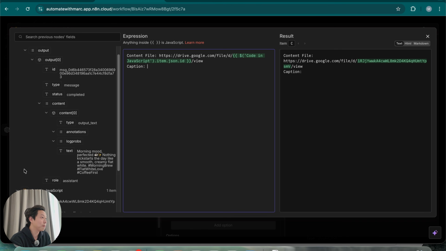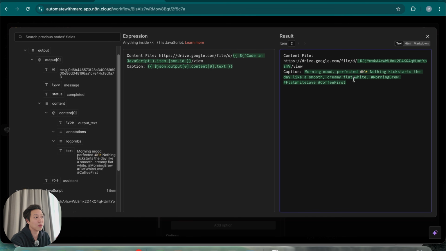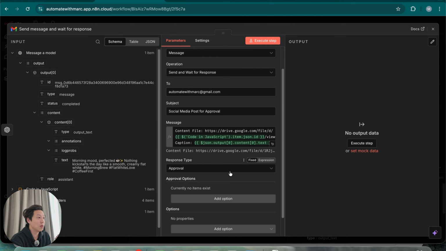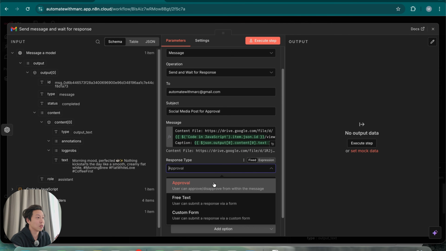All right, under caption, we are going to just drag the text over here and drop it over here. So as you can see, it's morning mood perfected. So the correct file, or the correct photo, with the correct caption, sending it through email is what we're doing here. Okay, so now that message is done, the last thing we want to do is select response